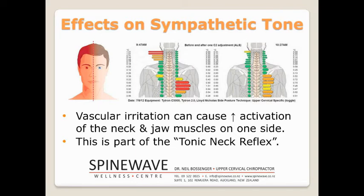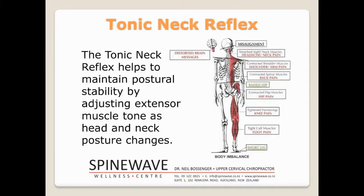Your nervous system has ways that it keeps itself upright, and that's called the tonic neck reflex. It helps maintain postural stability by adjusting all the musculature at the back of the body down the spine, and keeps everything in balance. There was a slide just previously where I spoke about the brainstem and how the brainstem controls the tiny spinal muscles all the way down. That's part of the intrinsic stability that's created in this very, very clever system in the nervous system to